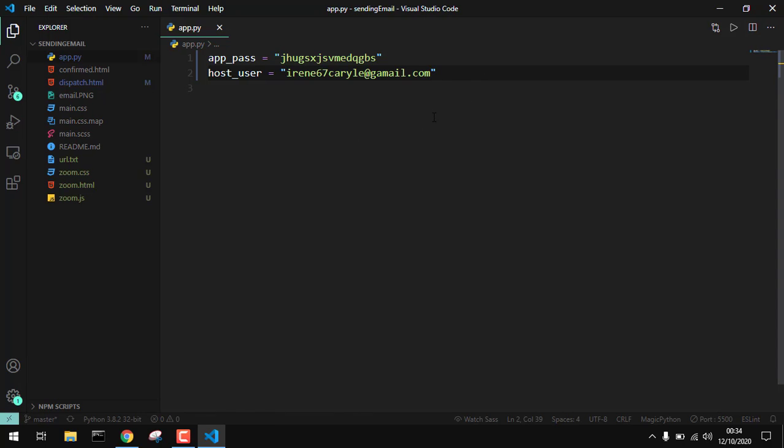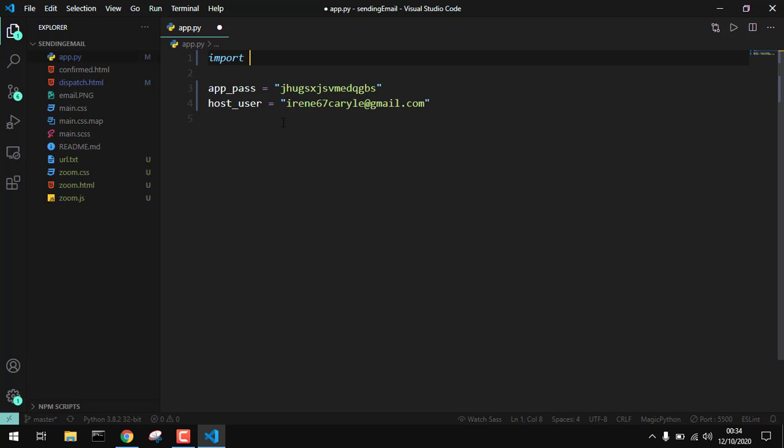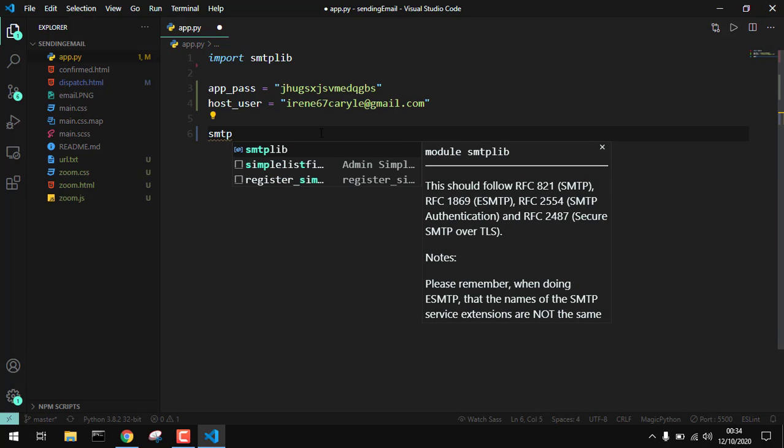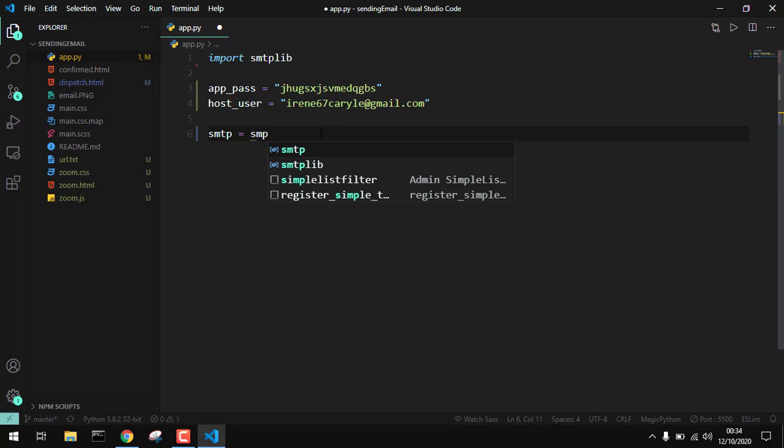Now, the service or the library that we're going to be using is the SMTP library that comes shipped with Python. Now, if you're doing this from Django, you can also use the Django library, which is the Django send mail library that comes shipped with Django. Now, I had a typo there, so let's make sure I have it fixed. Now, we can start by importing the SMTP library right there, nice and beautiful, and we're going to instantiate the SMTP library so that we can log in and also start sending our emails. So I'll create an SMTP variable there, and this is going to come from our smtplib dot, and that needs to be a dot